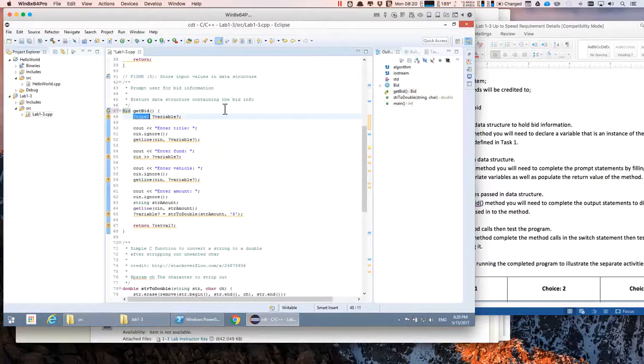Now, in this case, we're going to create a local instance of a bid, which we're going to fill in here, and then we're going to return it to whoever calls the get bid function. And let's call this sum bid. Notice as I'm filling this out, these squiggly lines go away and the code is starting to come in. So the first thing we want to do is, again, send to output